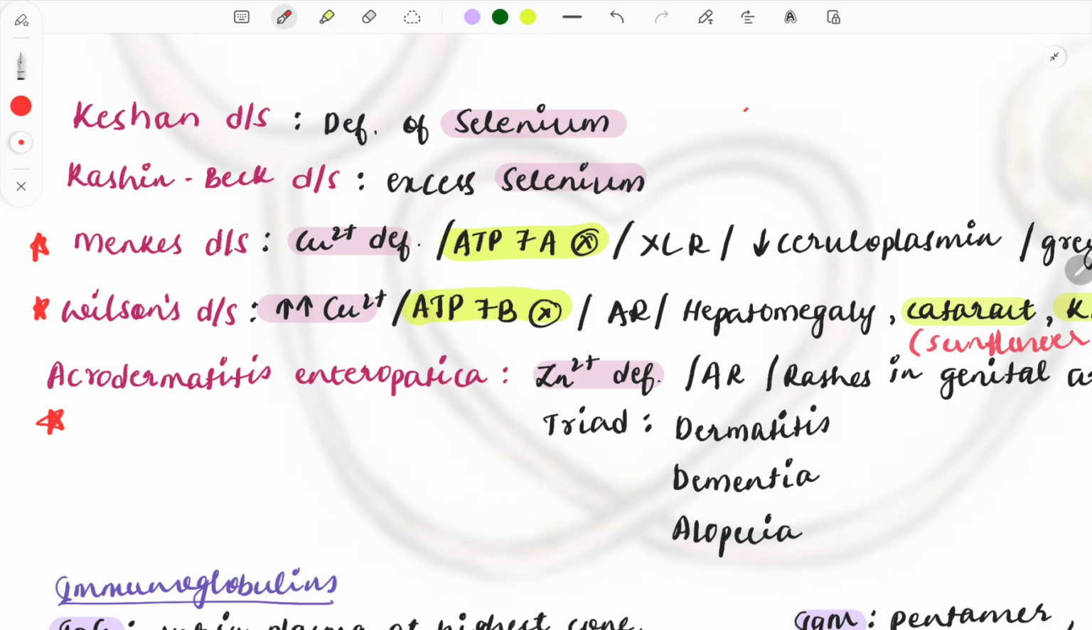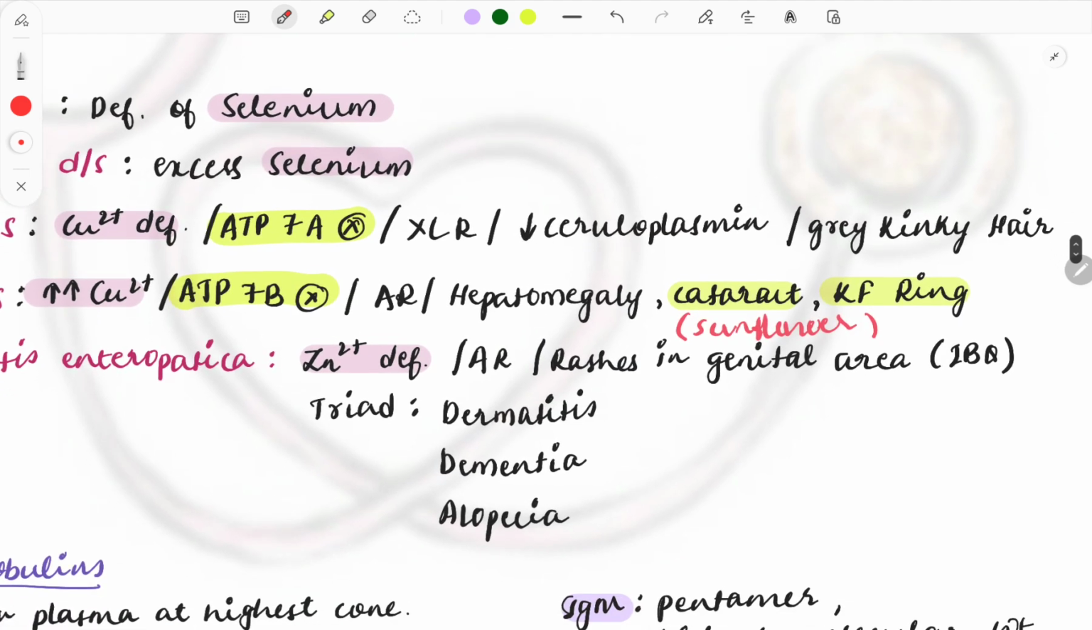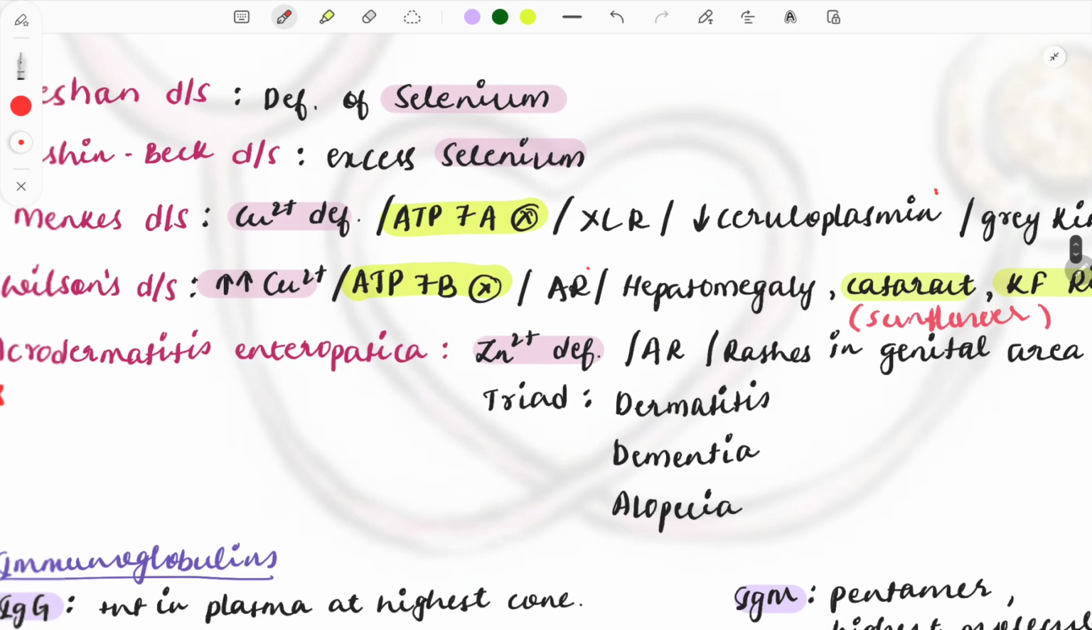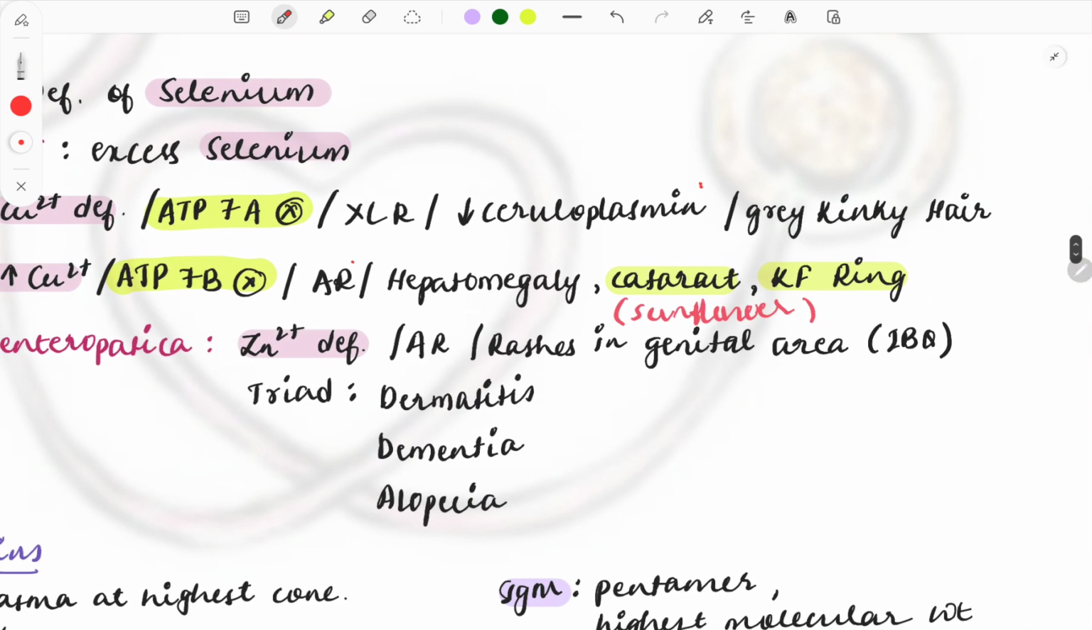So how do you remember it? Simple है, M and A come first, W comes later, and B comes later. ठीक है, तो 7 MAWB 7. Then this is an X-linked recessive disease, and this is an autosomal recessive. Ceruloplasmin is decreased in case of Menkes disease,